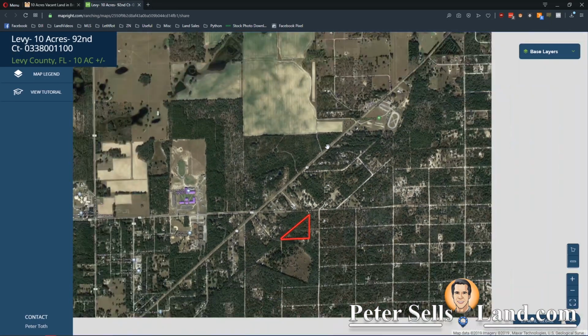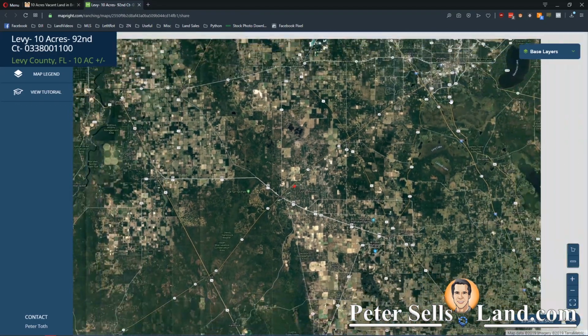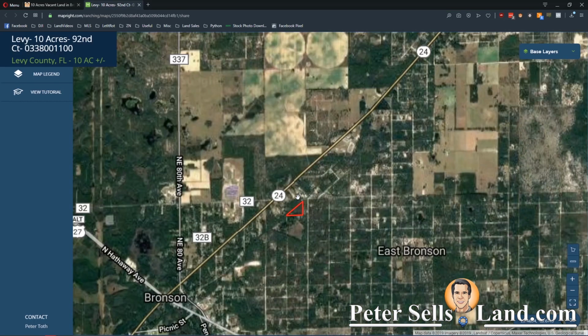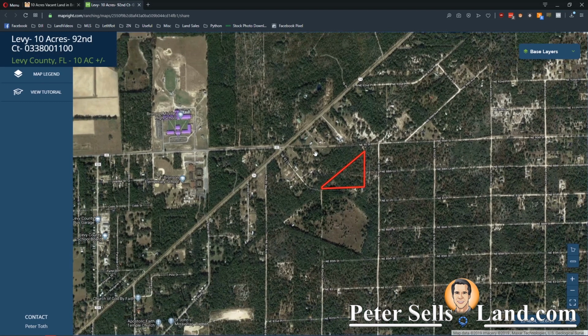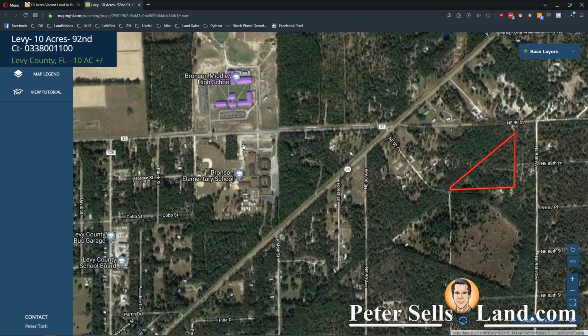So if you're coming down from Gainesville and you're heading southwest towards the property, it's one left turn off of 24, and then you're on the road to your property. It's about a quarter mile, and you end up right here. So that's great. Another thing, if you have children, you've got Bronson Elementary School right here,